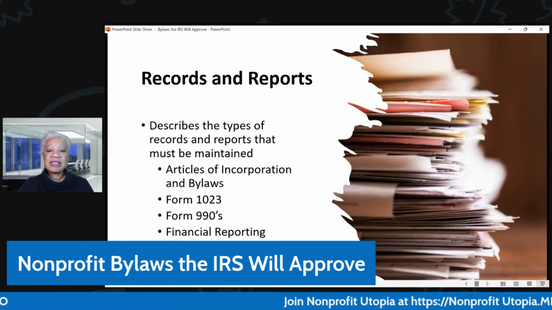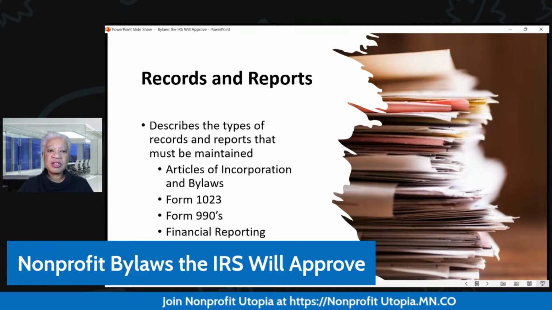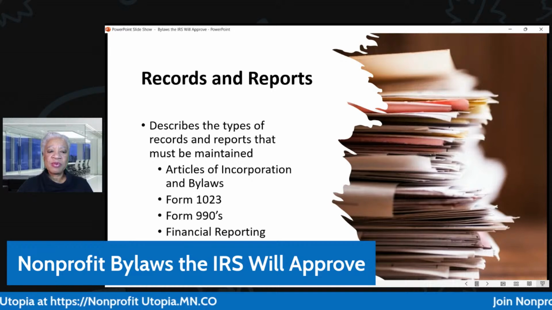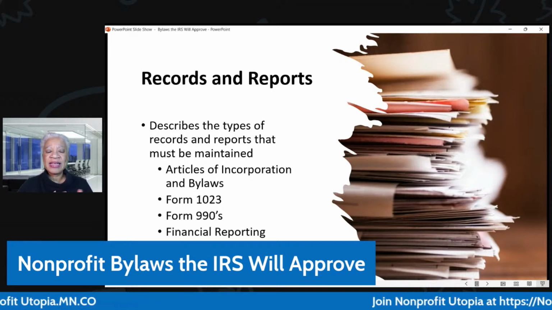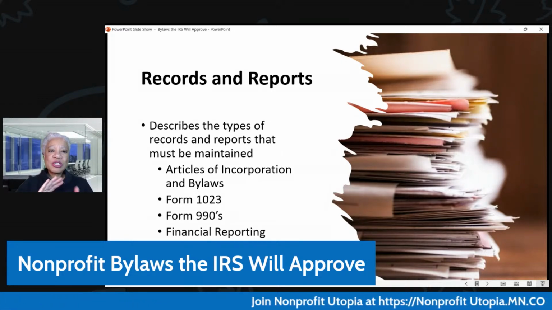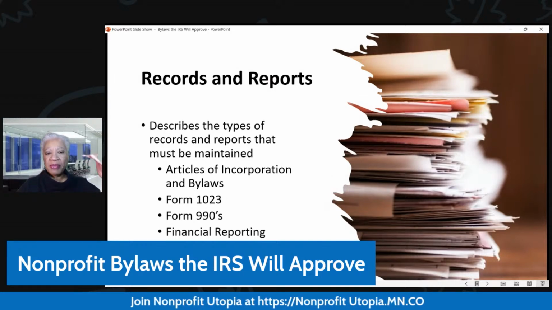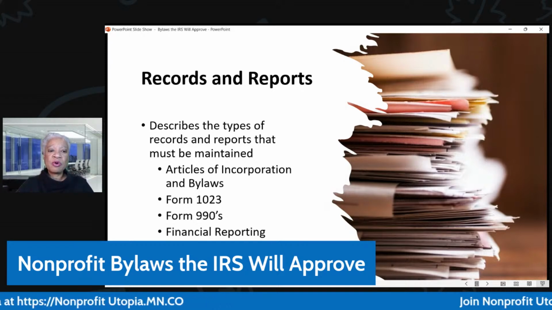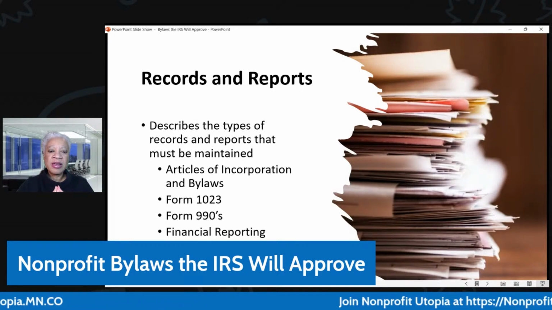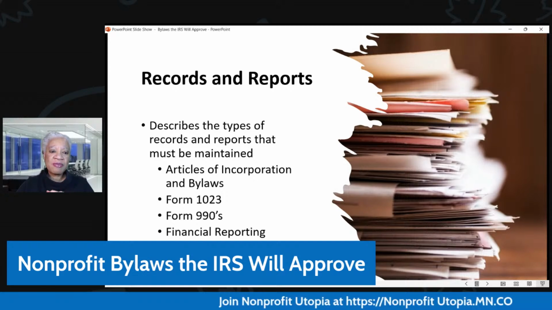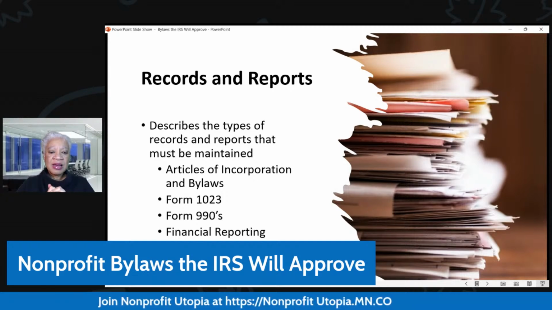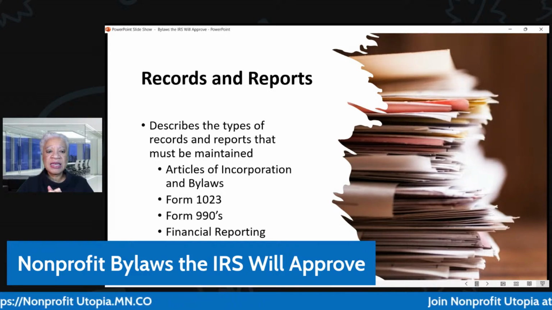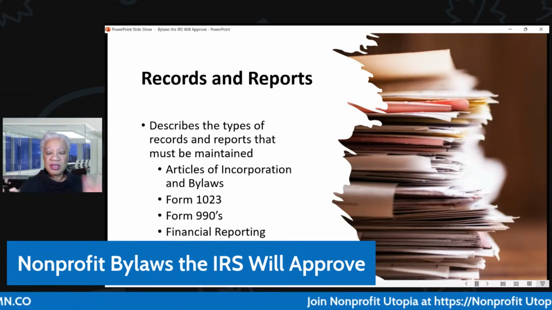It's also a good idea to have an article on how you're going to deal with records and reports, right? So this section would describe the types of records and reports that are maintained, and you probably want to go in even more detail. Your bylaws is not the place where you go into a heck of a lot of detail. You do want to give a framework. If you want to provide detail, it's really important to have a document retention policy. And in fact, the IRS has a sample document retention policy that your board can use, tailor, and